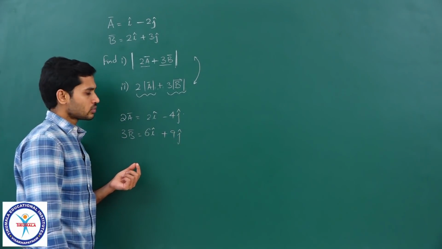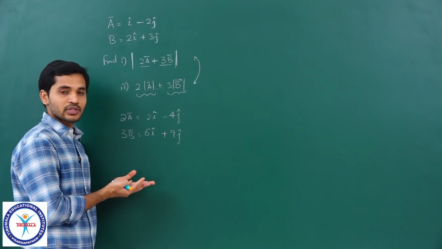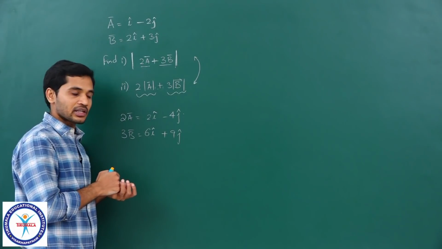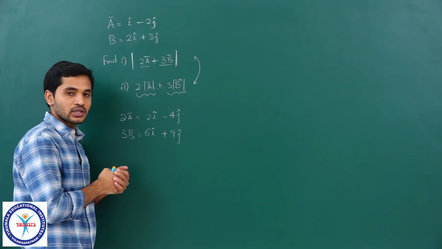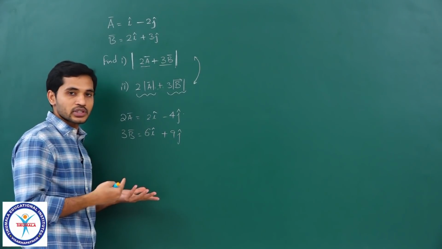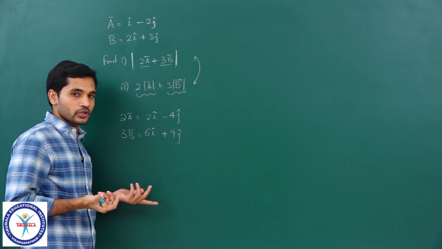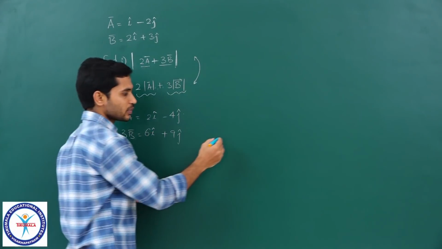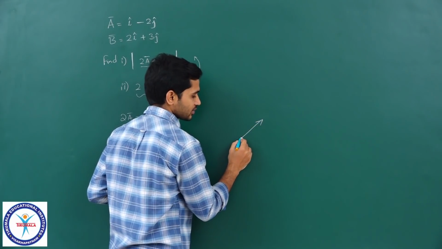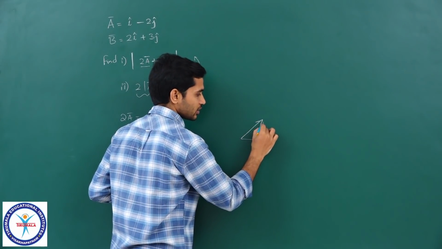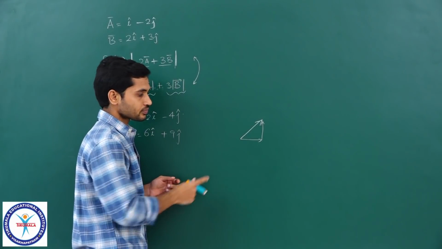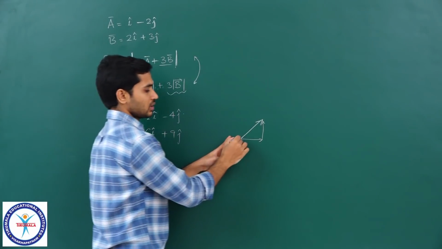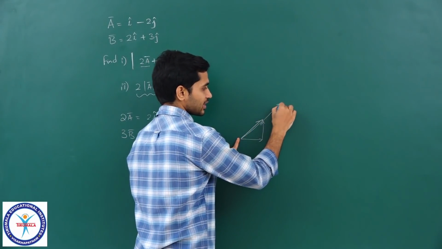Clear, students? Why I have directly multiplied is also something you will have to understand. Everything has a logic, do not just accept anything blindly, just because I told you we can multiply. You should question why. I mean, you can't question now obviously, but you will have to think for yourself. Why are we multiplying here? What does multiplication mean? The idea is pretty simple. If you have a vector like this, and these are the two components of that vector, and I am multiplying it with 2, what does that mean? I am talking about a vector which has twice the magnitude.